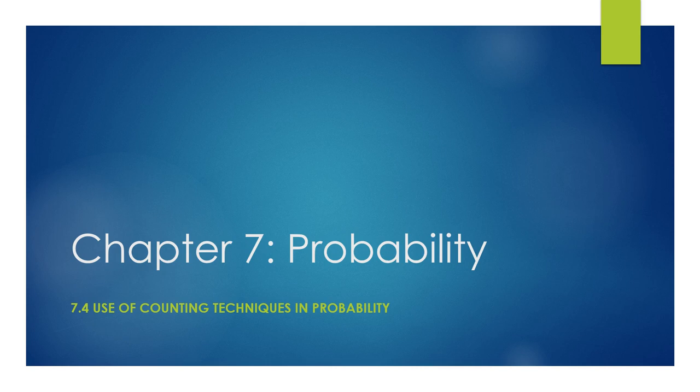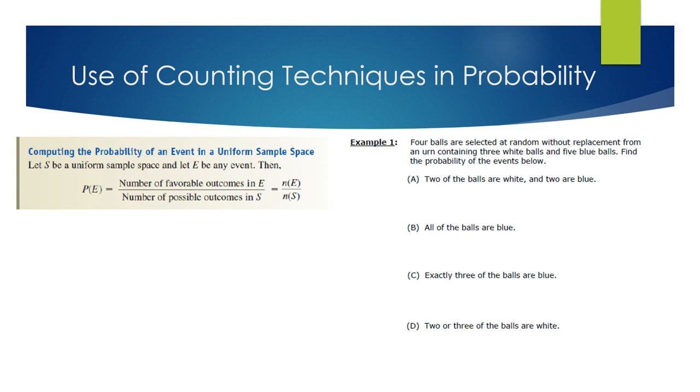So we've already used some counting techniques, but now we're going to go into using some more counting techniques as we go through these last parts of these problems in 7.4. They have this rule placed oddly in the textbook. Don't know why they have it here in particular, because we've already been calculating probabilities using this idea, but basically if S is the uniform sample space and E is an event, then to figure out the probability, I'm just going to take the number of possible events